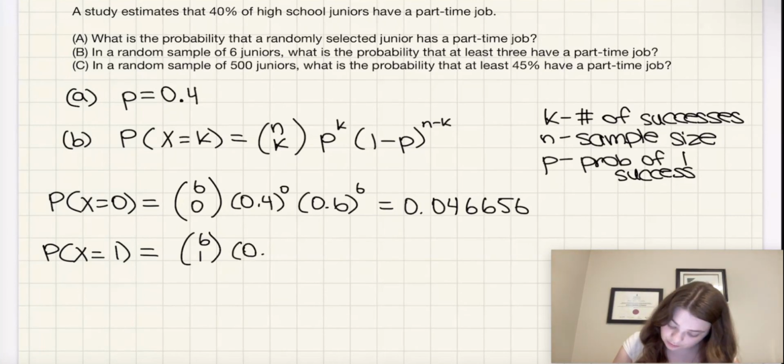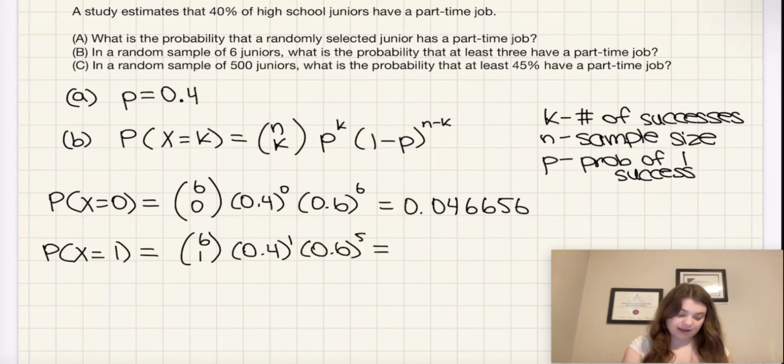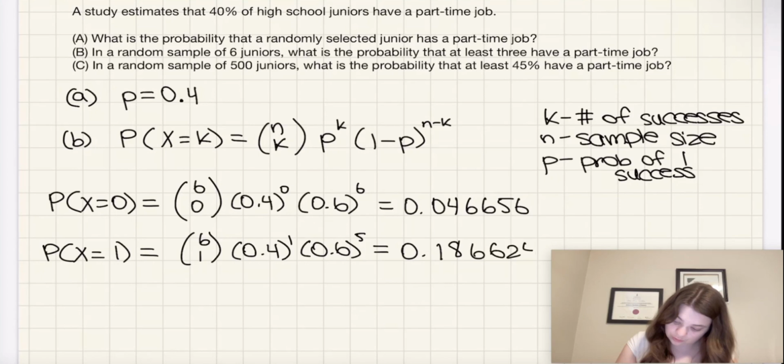Then we have 0.4 to the power 1 times 0.6 to the power of 6 minus 1, which is 5. So that's going to end up being 6 times 0.4 times 0.6 to the power of 5, which is equal to 0.186624, right? So that is the probability that exactly one of the students sampled in this 6 has a part-time